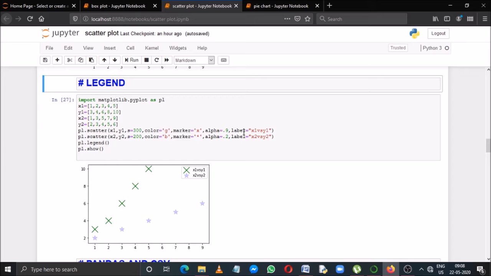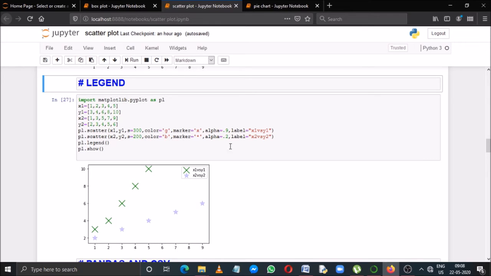It's called label. Suppose in the first scatter I have mentioned label equals x1 versus y1. That's why this green color cross will appear with its text as x1 versus y1, because it is the first scatter, and this scatter we have created by taking the x1 and y1 coordinates together.